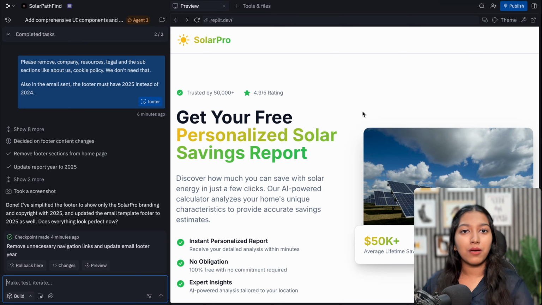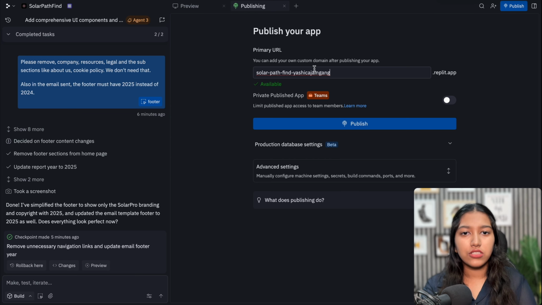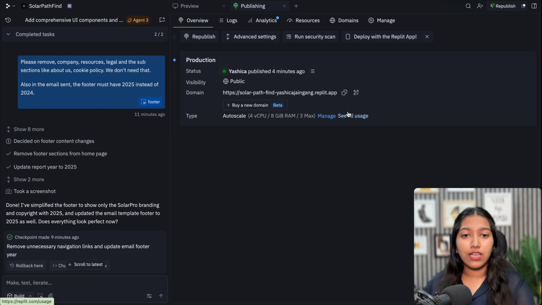Lastly, if you want to publish this, then all you're going to do is click on publish here. After that, just have a primary URL on which you will be able to access this particular page. Now, I know you won't share a link like this with your customers. You would need a custom domain. So let it publish first and then I will let you know how you can publish it on your website. So let's click on publish. All right, so now it is published.